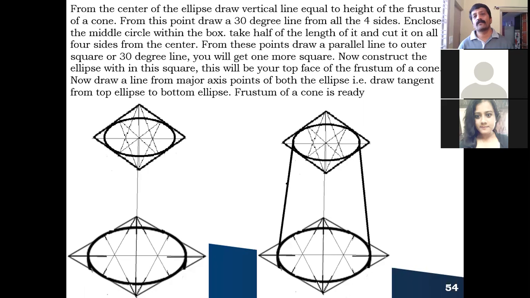Above this, we need to place the sphere. If you complete this, almost 95% of the work is over. Only the 5% remains, how to place the circle above this, because a sphere, in whichever direction you see it, looks like a circle only. Now from the center, identify the center. Already the center is here. Draw a vertical line. On this vertical line, you take the isometric radius of the sphere, you cut it.